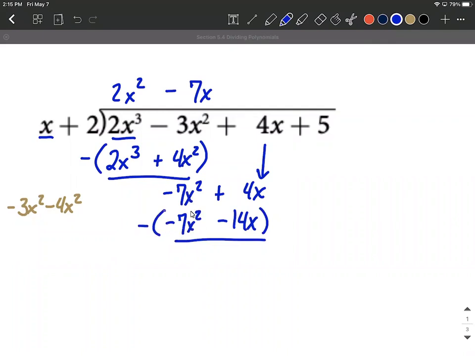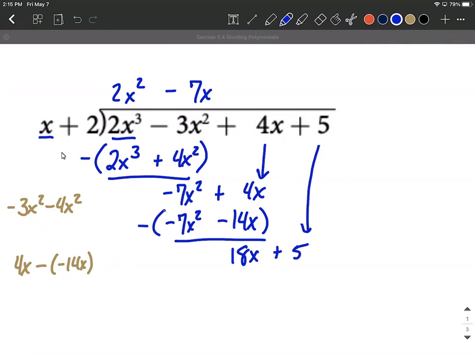So big set of parentheses around the negative 7x squared minus 14x. The first ones cancel out as we planned it. Negative 7x squared, this will make plus 7x squared, make 0x squared. But then off to the side, it's a good idea to say 4x minus a negative 14x is going to be equivalent to 4x plus 14x, which is going to make 18x. Bring the next term down